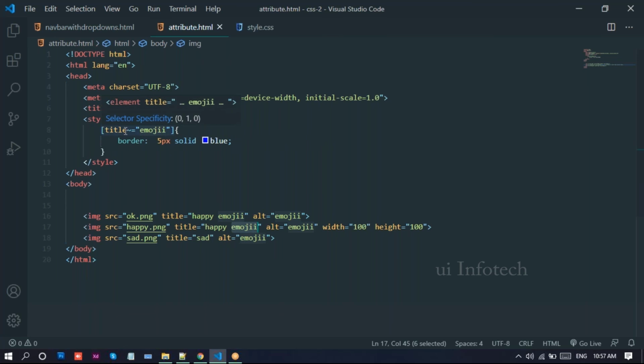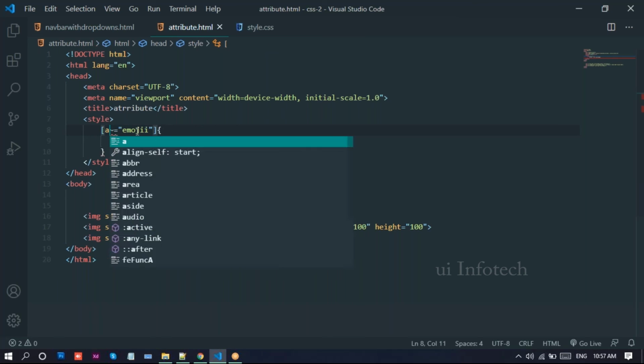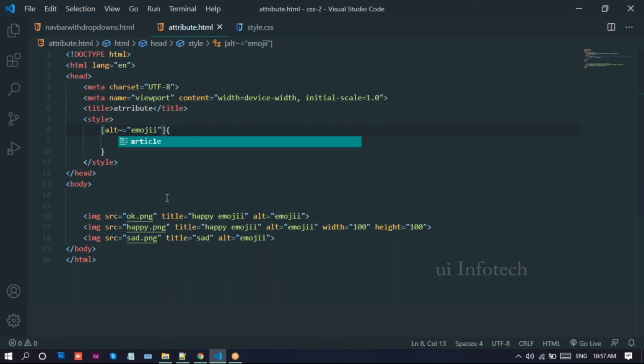Now go to this one, just reload this page. Now look at this one. See, it will match the element with emoji. See, in the title we have this emoji there, so it will apply to those elements. So that is the use of this tilde operator.